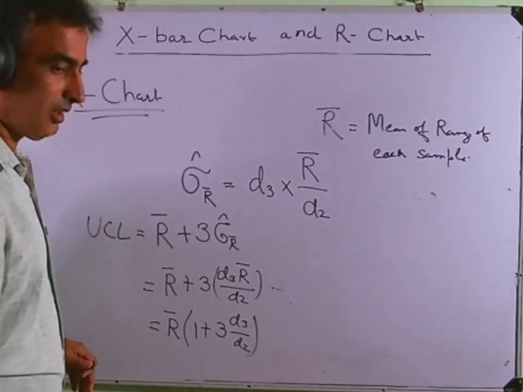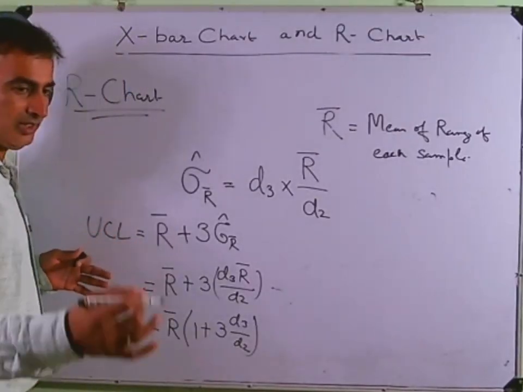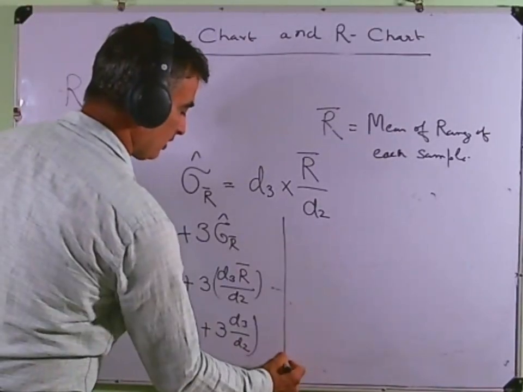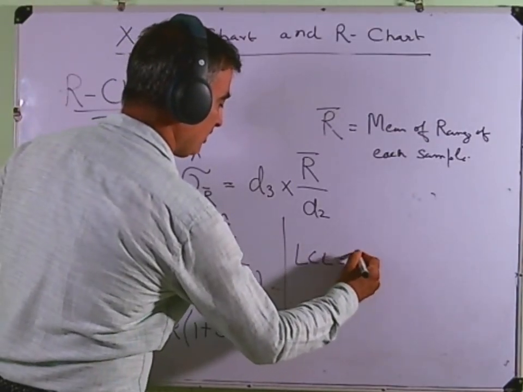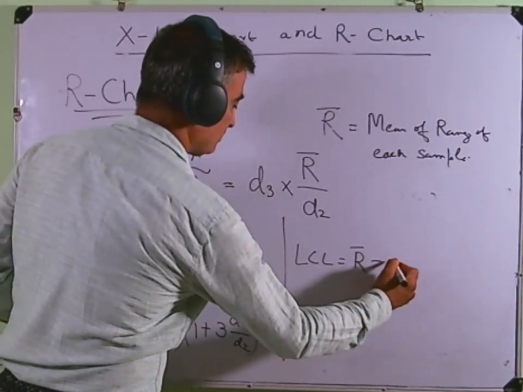Now I'll be writing out the formula to find out the LCL, the lower control limit for the R chart. So the lower control limit would be R bar minus 3